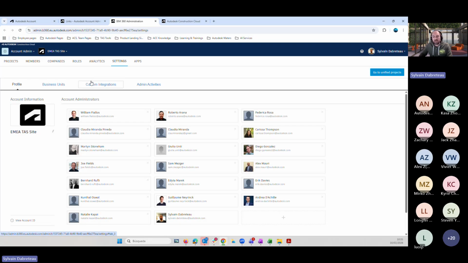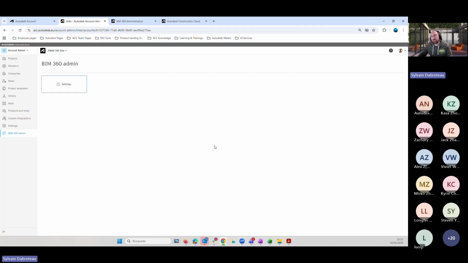So that's easy to move from one place to another, but we recommend our clients to start now in ACC. It offers better options. There's nothing that you work with in BIM 360 that is not available in ACC, but ACC has many more options. It's more stable, it's better. Working on BIM 360 is like staying with an outdated phone. We need to be working on the newest technologies.